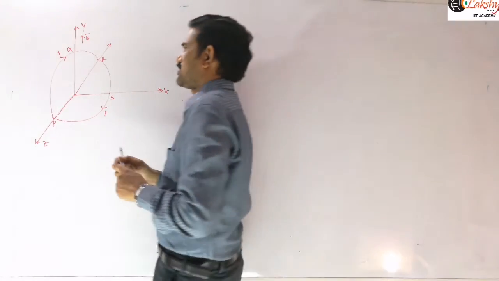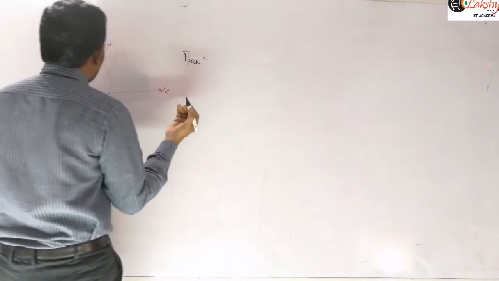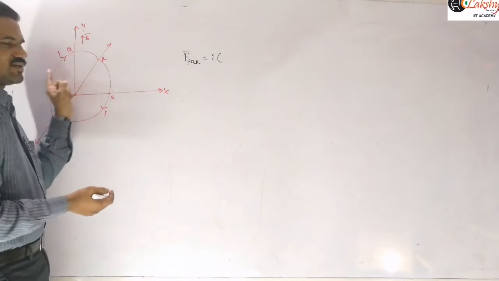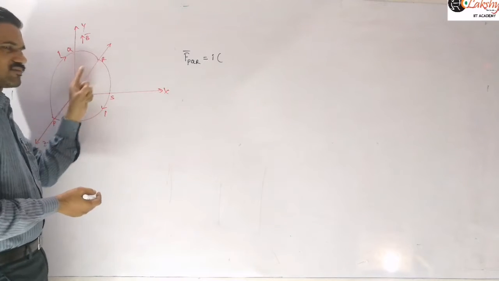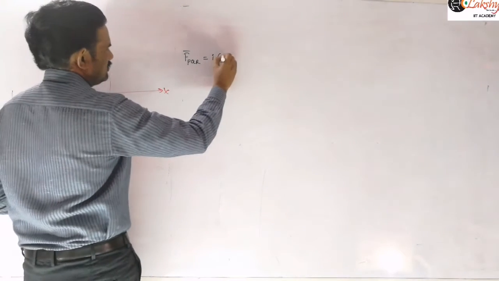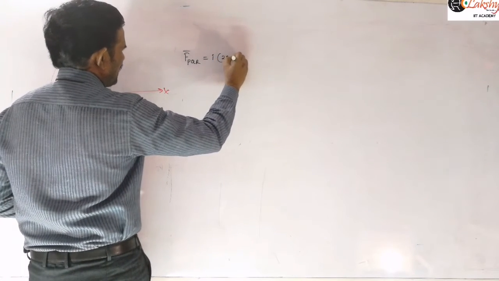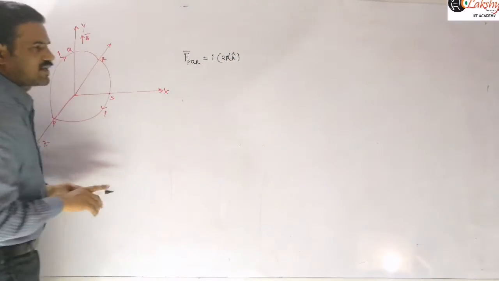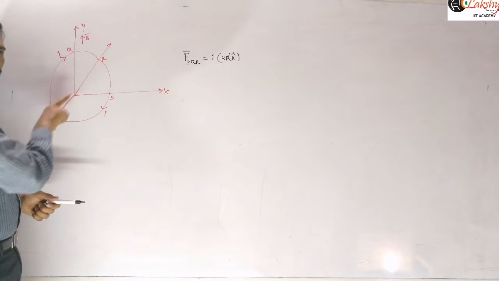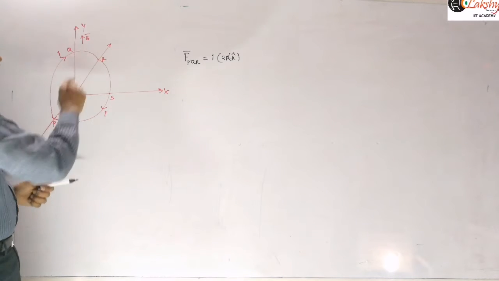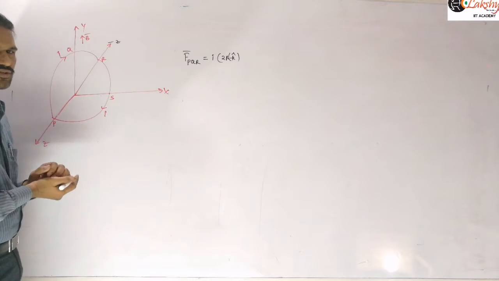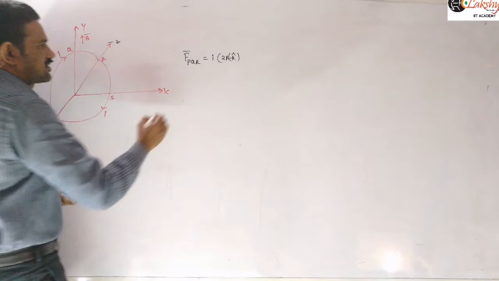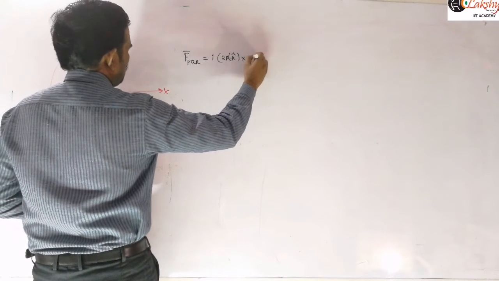So the force acting on that semicircle PQR, you may apply the vector form also. Suppose this is I into, now we need to write the shortest distance here, that means P to R, so 2R into minus k cap. Is it clear? I am writing in vector form. PR bar we need to take along this negative z direction here. Because now the current is flowing along this direction, so PR bar will be along this direction. Cross B j cap.